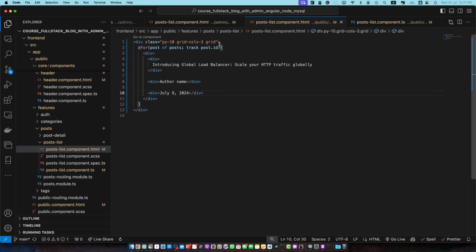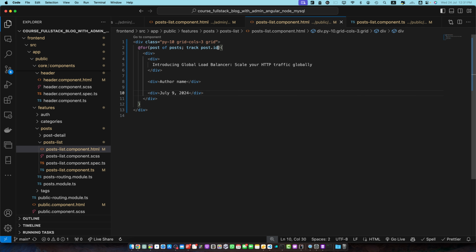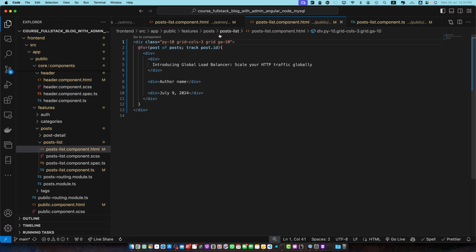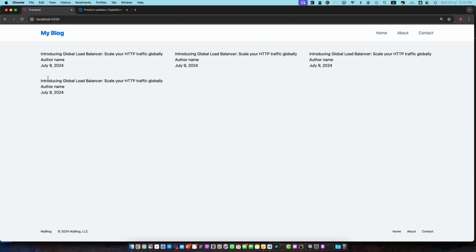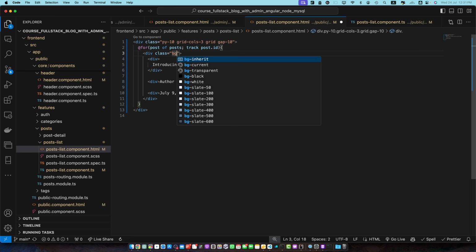Okay, but the problem is that there is no gap between these posts. So for that, I need to add a gap of 10 maybe. That did not work. So actually I did not use the correct spelling. Okay, now we have the proper gap between every post. So it's time to now add some design to every post. So here I will add class bg white